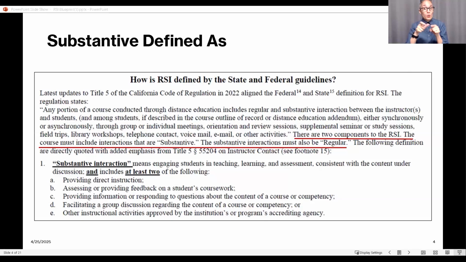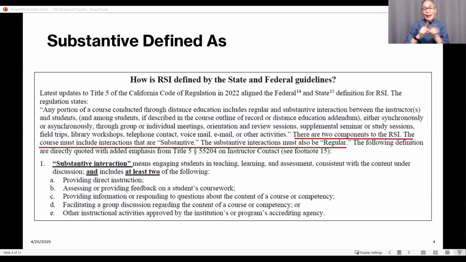There are two components of RSI: interactions that are substantive, and that the substantive interactions are regular. In the past, this was not clearly defined by federal law until it was updated.